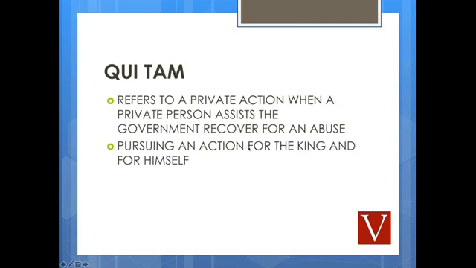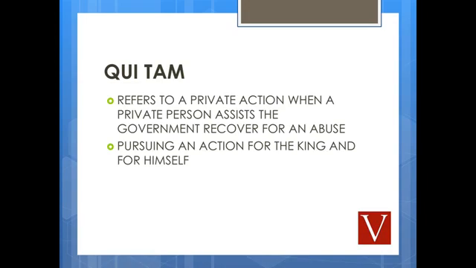All right, we're getting near the end here. Qui tam, what is this? I didn't know much about qui tam, but I found it fascinating, and I eventually ordered a book on it because it was really interesting. But this is really if you know somebody that's ripping off the government, let's make this as simple as possible. They're ripping off the government, making false claims. It's actually known as the False Claims Act.